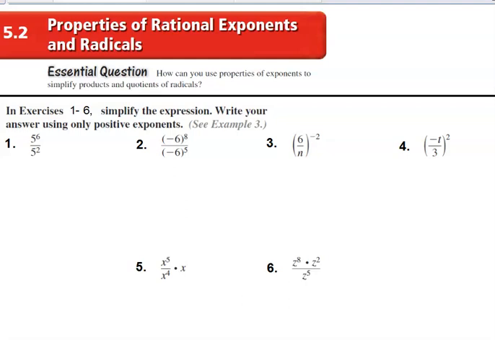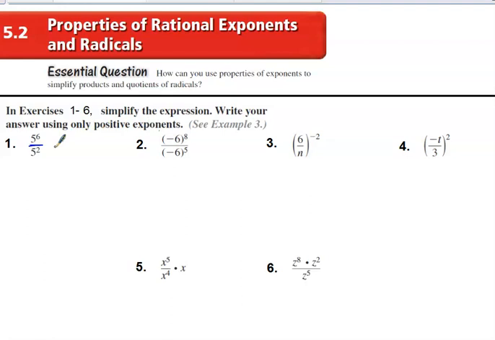Hello, in today's video we are continuing our discussion on 5.2, properties of rational exponents and radicals. Go ahead and take a minute, pause the video, and see what you can remember about simplifying exponents. One of our rules for exponents is the quotient rule, where if we are dividing, then that means we are